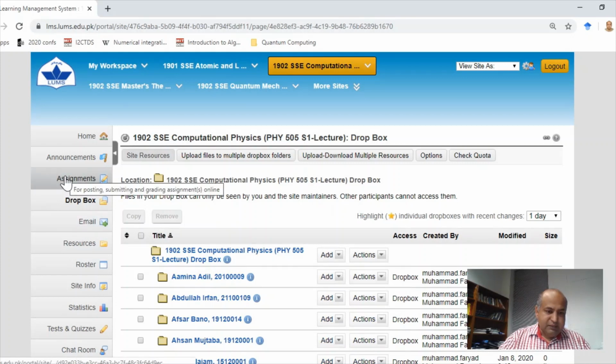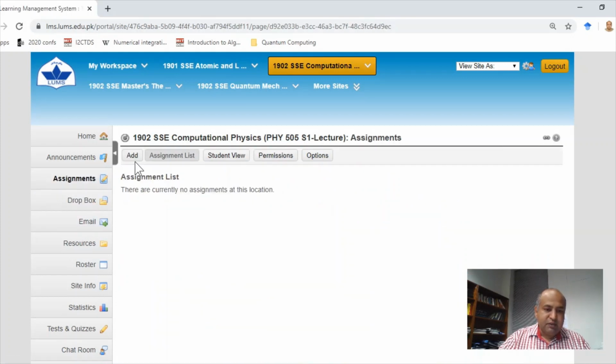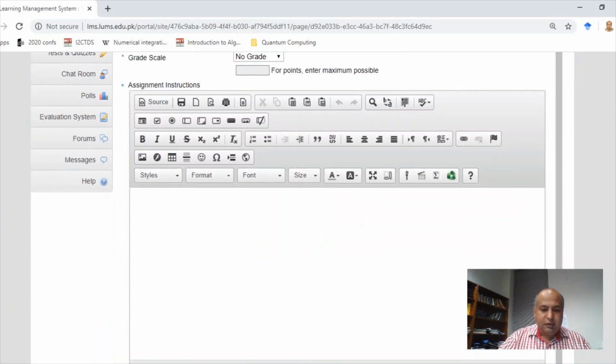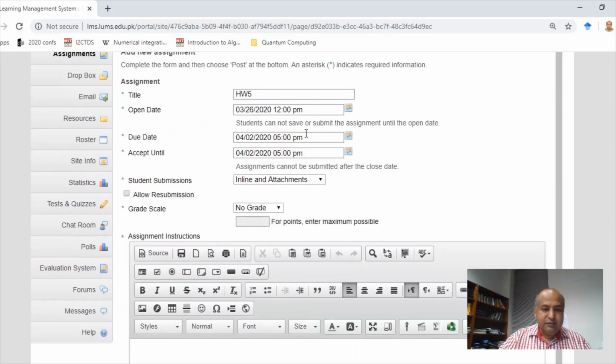Similarly, we can set up assignments using this tab as well. For example, I can add an assignment. Let's say this is homework number 5, and we can write a set of instructions here, select an open date when it's going to be visible to students, and also a due date when it's going to be due from students. And you can also give another date, that even after the due date you will keep accepting until another date, but you might charge maybe a penalty for late assignments. And then